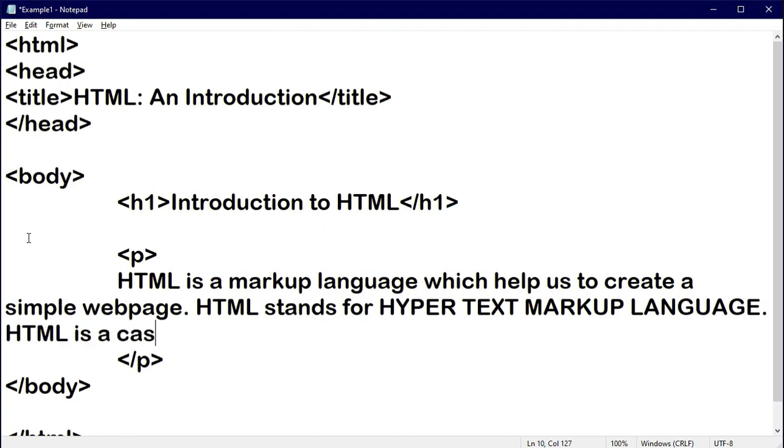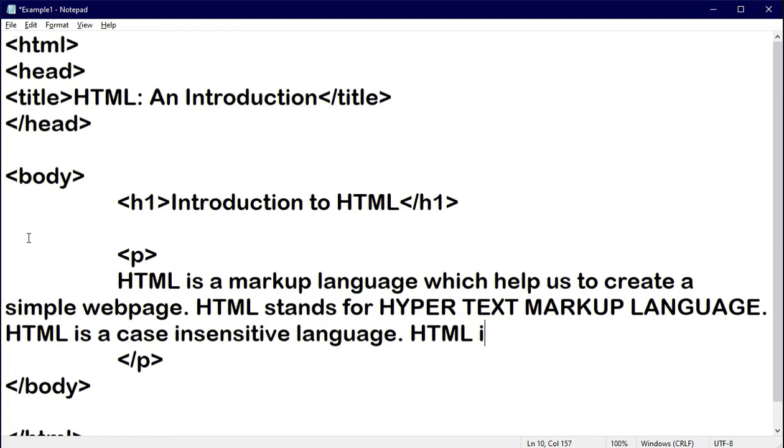HTML is a case insensitive language, which means you can write in any case. You can write in capital, in lower case, or in a combination of capital and lower. Whether it is tags or information, there is no kind of problem.